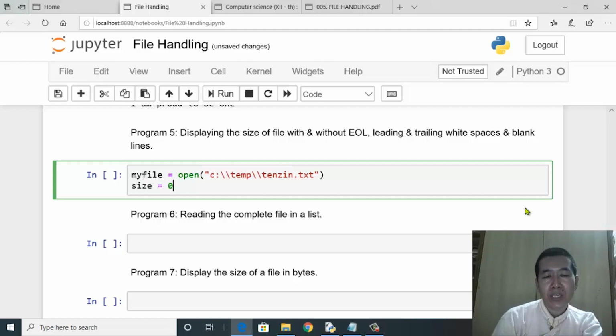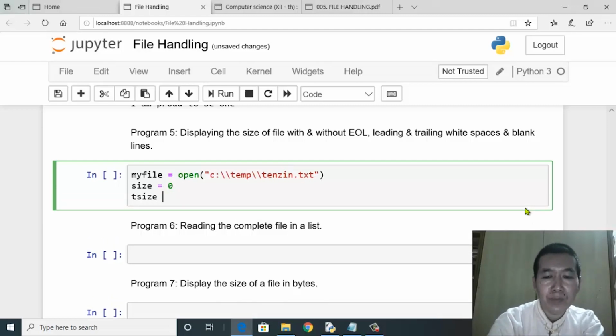So this will keep track of the size of a file including the white space characters, and then another variable which will keep track of the size without the white space characters.